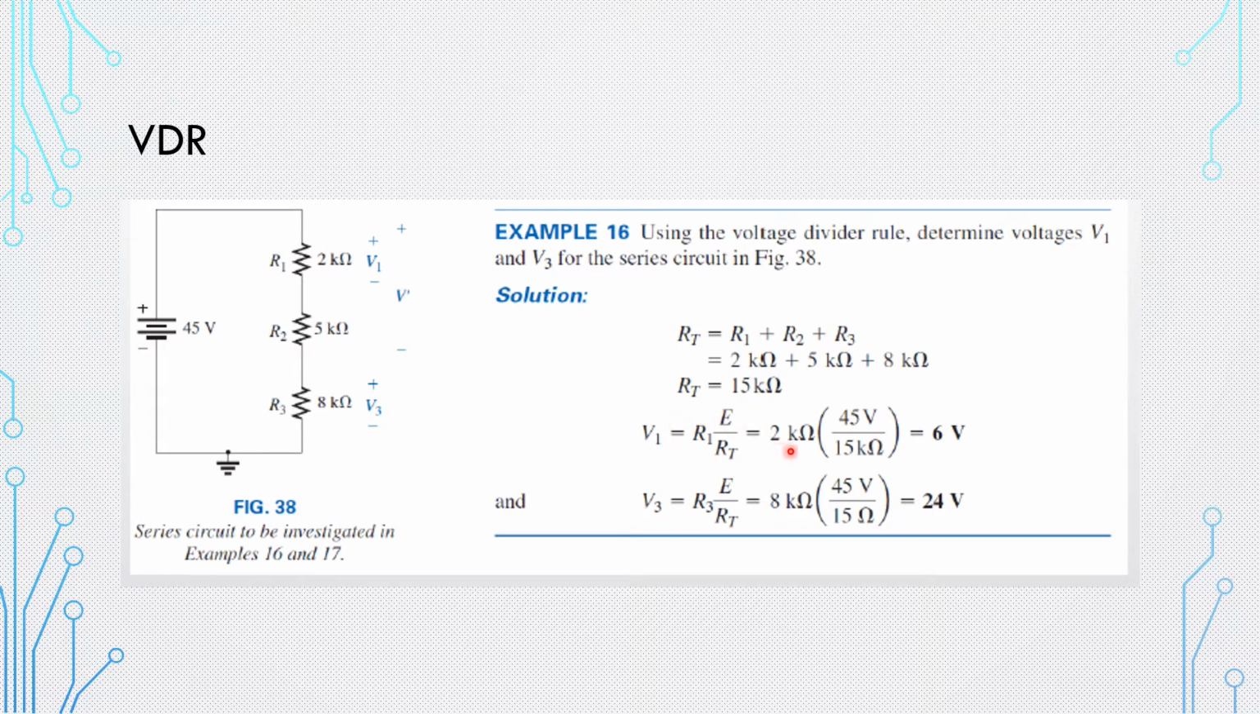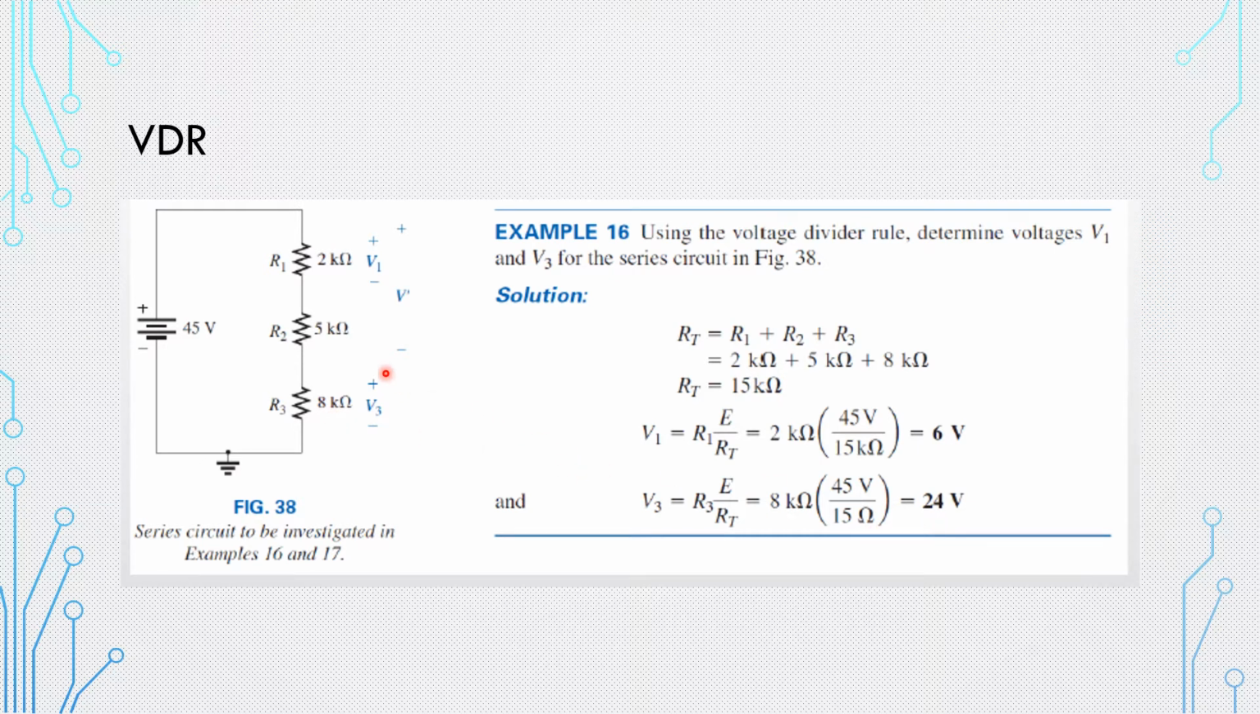So R1 is 2k ohm and R total is 15k ohm. We found it, and the source is 45, and this is V1. So the voltage across R1 is 6 volt. In a similar way for V3, you only need to replace the resistor value, which is 8, and you can see that it is equal to 24. So you can see that for this circuit, each resistor has a different voltage because they are connected in series, and this is one way to find the voltage. So V1 is 6 and V3 is